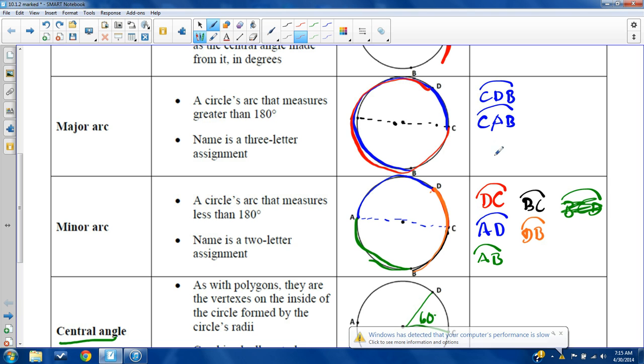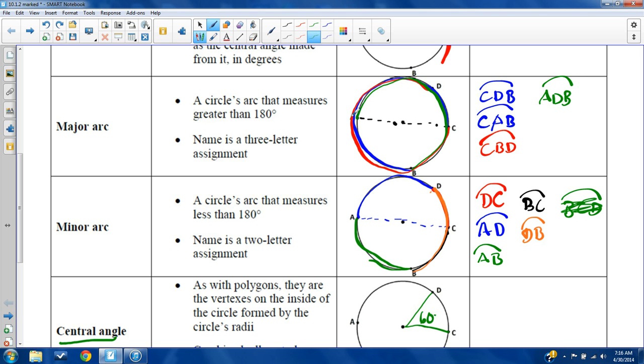Okay. I could have also put CAB. AD. There's also ADB. Okay, or again, because this was an A, or ACB. Doesn't matter which one. And then it looks like there is